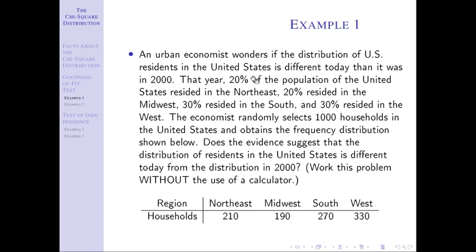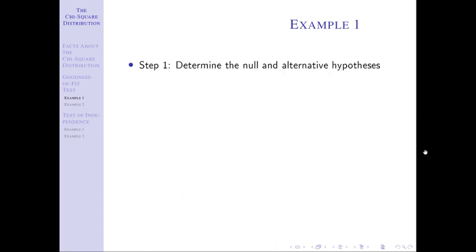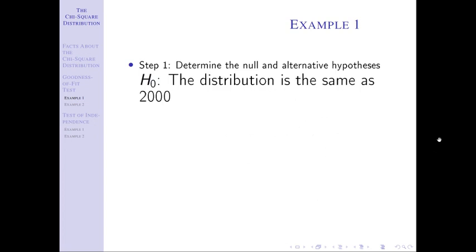Notice here I'm comparing to a distribution where in some of the regions of the country we're at 20% and some are at 30%. Notice those are not equally likely. If this said 25, 25, 25, 25, I could say this is that first case where my null is all of the p's are equal, and then my alternative is at least one of the p's is different. But in this case, these are not equally likely because I think that the distribution follows something slightly different, with more people living here than here. Okay, and so that's how I know that my null is going to be the distribution is the same.